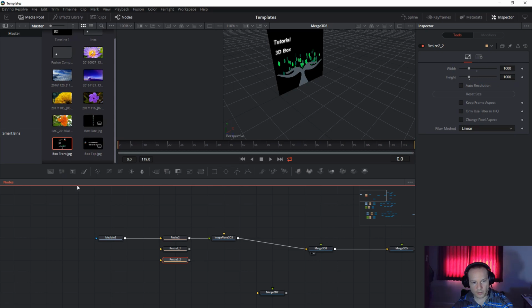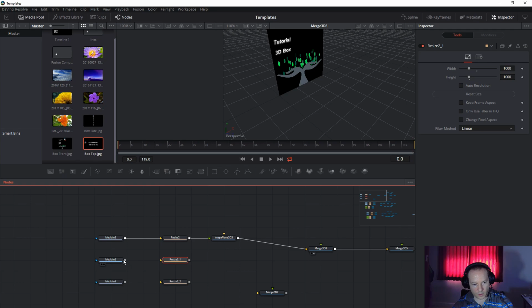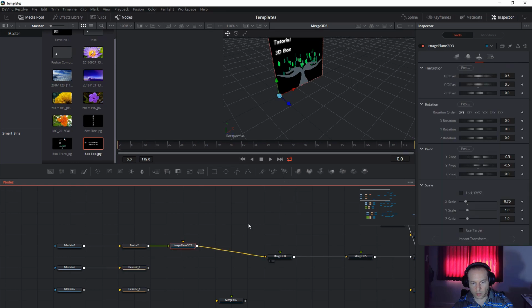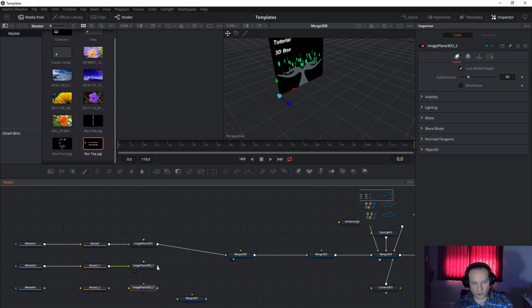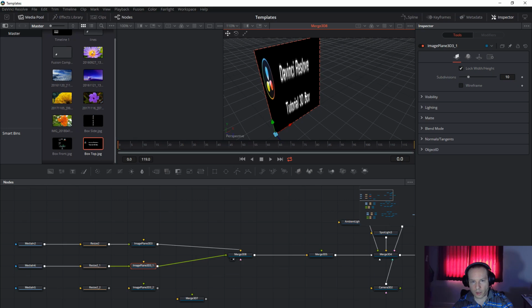So now take the resize, Control C to copy 2 times, because we want front, we want top, and we want side. Drag the side and drag the top like this. Connect the media into the resize, take another plane, or you can just select this one and Control C to copy, and 2 times again, and connect just like this. Connect image plane to the merge one more time, and now we will get the second picture like this, but